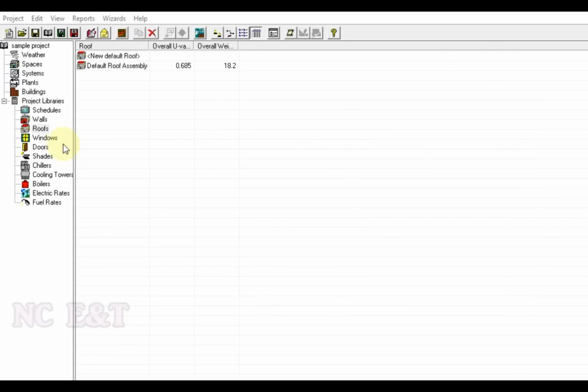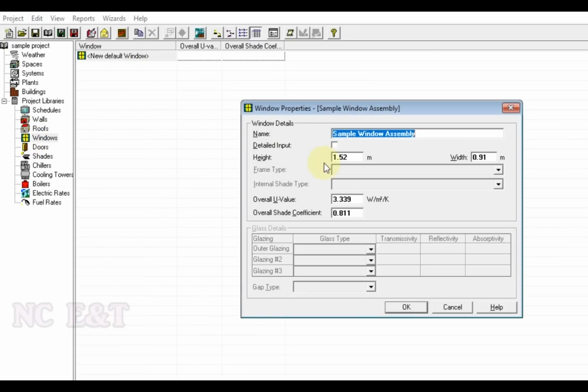After selecting the roof, then we will go for the window, and for window we'll give the name window 1. For our study we are using only one type of window, so we will give the name window 1.